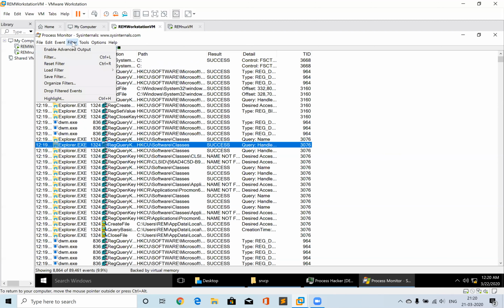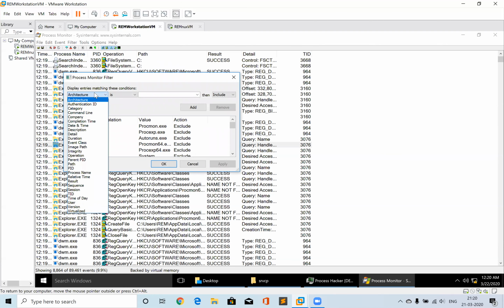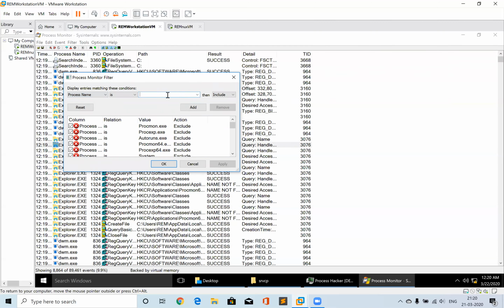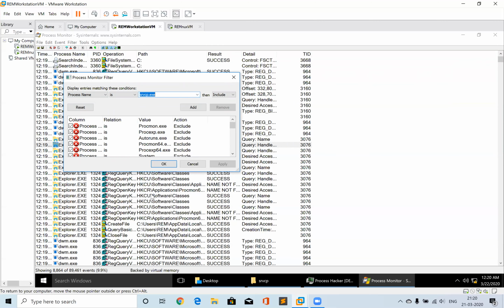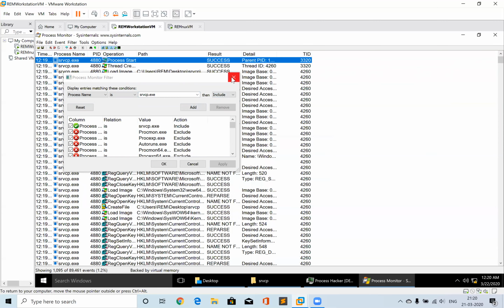Now the first thing I will do is go to the filter tab. Over here I will select Process Name, and in this drop-down menu you can select srvcp.exe. If that process is running, it will show up in this list. Then I choose include, add this to the filter, and apply. Now I am only seeing entries